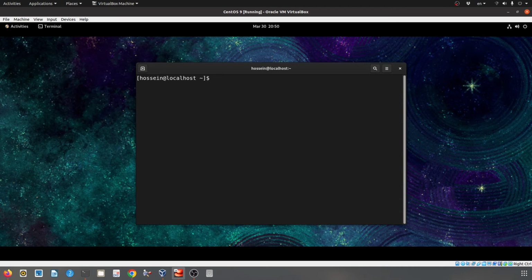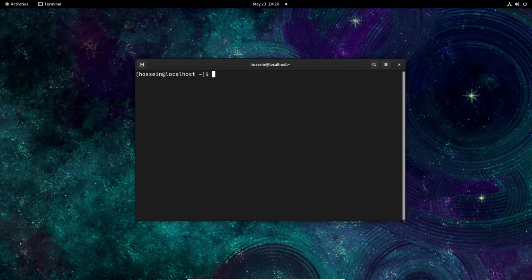Okay, now I'm in CentOS 9, and sudo is enabled by default in CentOS 9. But if you want to install Gaussian on an older version of CentOS like CentOS 7 without enabling sudo, you just need to switch to the root user by the su command and then type the root password, and then you can execute all the commands that need root privileges without using sudo. And don't forget to exit the root user after executing the commands.